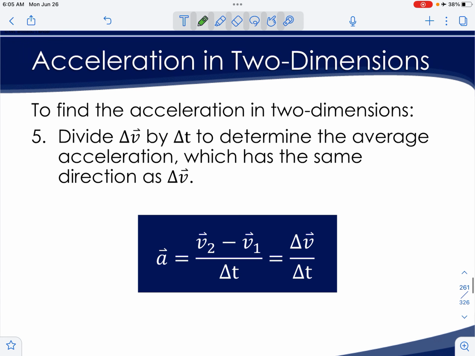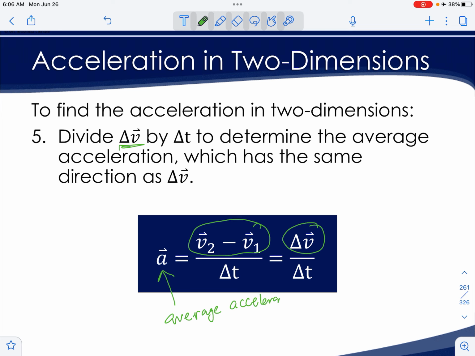To find the average acceleration, you divide this delta v, and remember that delta v right here is equal to v2 minus v1. It has the same direction as delta v. So remember, this is giving us our average